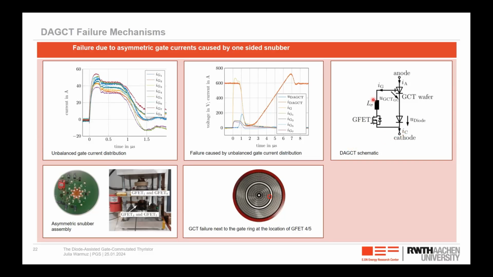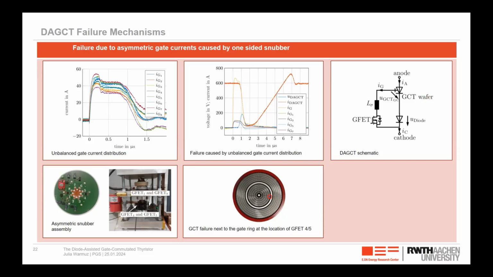Normally we have a gate current that goes out of the device. A negative current means that it goes back into the device. So there are some parts of the wafer that get re-triggered and turned on. And exactly at the point of GFET 4 and 5, it was here where